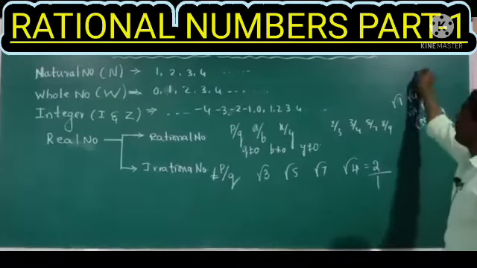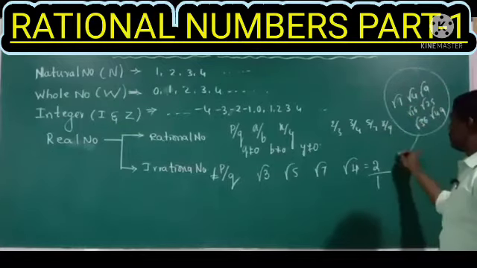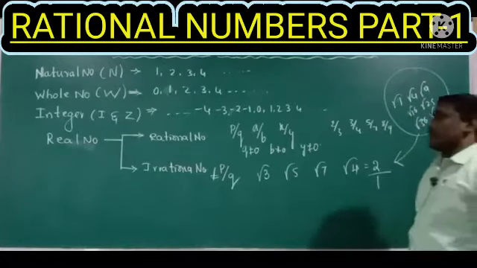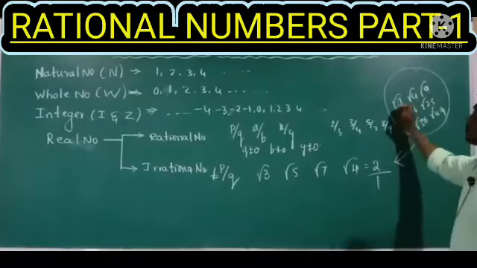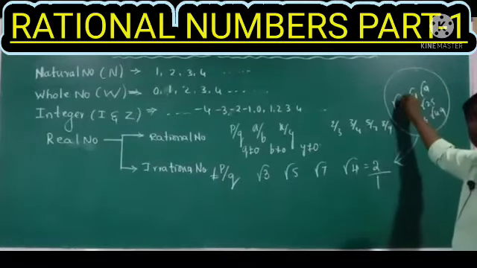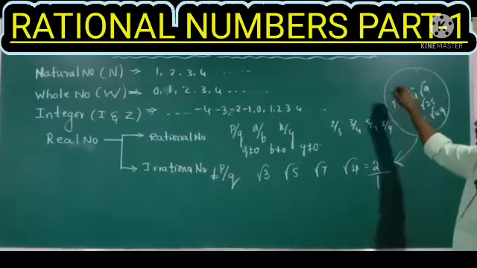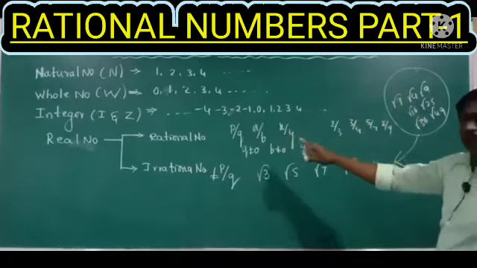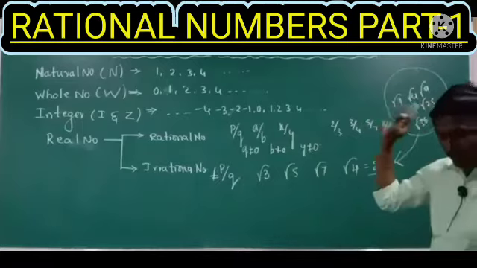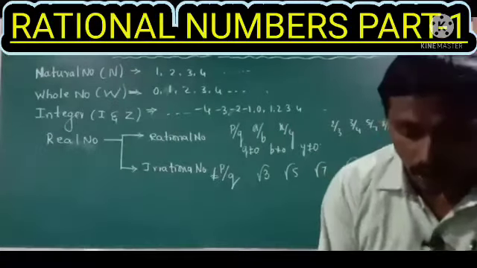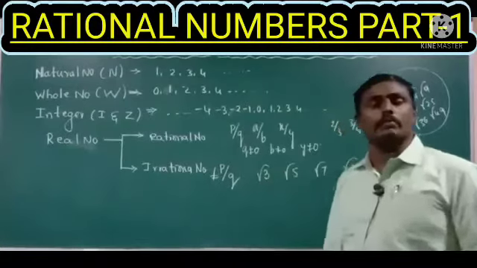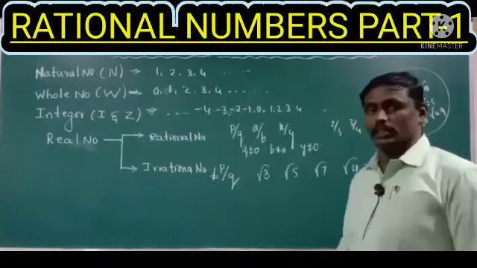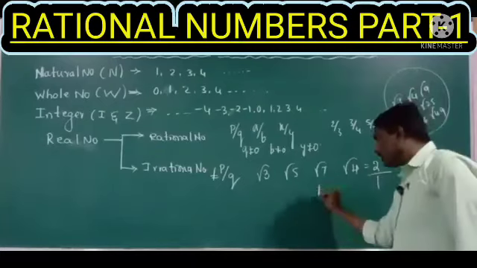So these kinds of numbers are not considered irrational numbers, because when we calculate the values of these numbers, they can be easily represented in the form of rational numbers. So it means all the non-perfect square numbers are irrational numbers. And one more thing, pi is